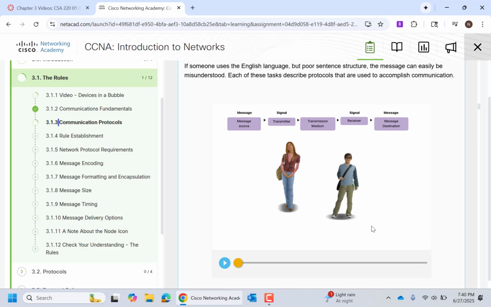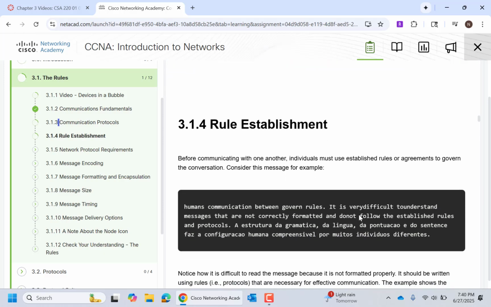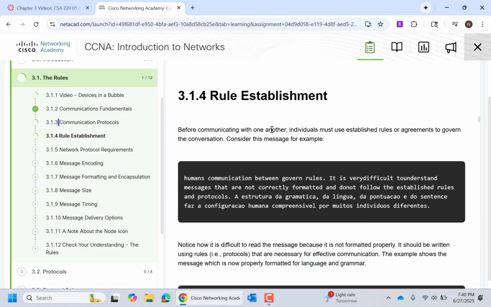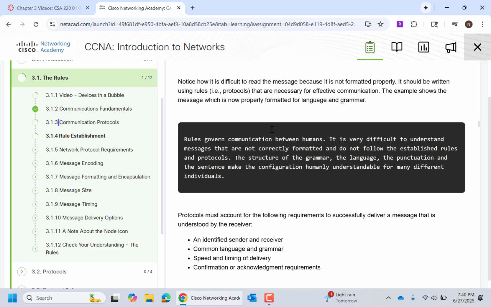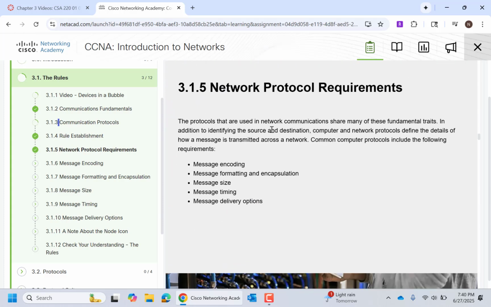We have to have everything structured. We have to know how long we're going to send. We have to know if we're going to give acknowledgement of receipt. We have to have all of these things laid out. Otherwise, network communication would just kind of be a disaster because we wouldn't have anything consistent. So that's what this first section is trying to really explain, that we need some sort of rule establishment with our computer networks. Otherwise, communication on a computer network just really isn't going to work.